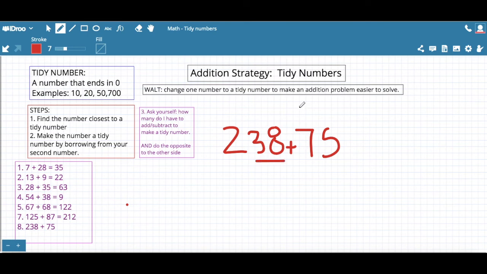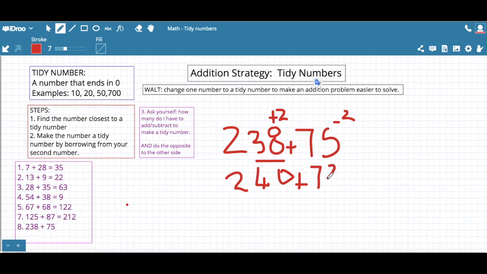So this is why I've made it quite tricky for you. Okay, how much do we have to add? 2. And how much do I have to take away from this side? If I add 2 on this side, I have to take away 2 on this side. Okay, so now you're going to have 240, and we're going to have plus